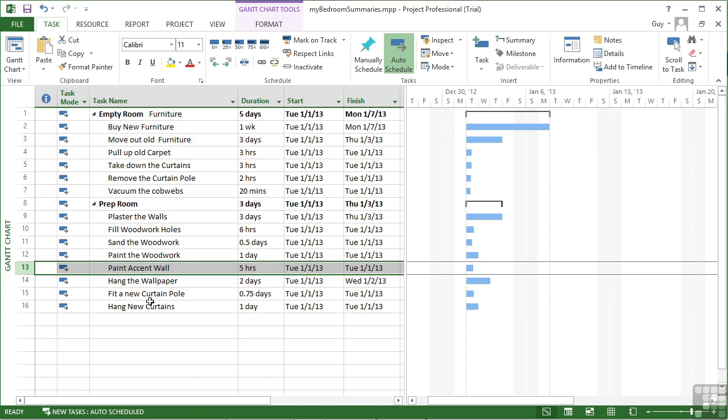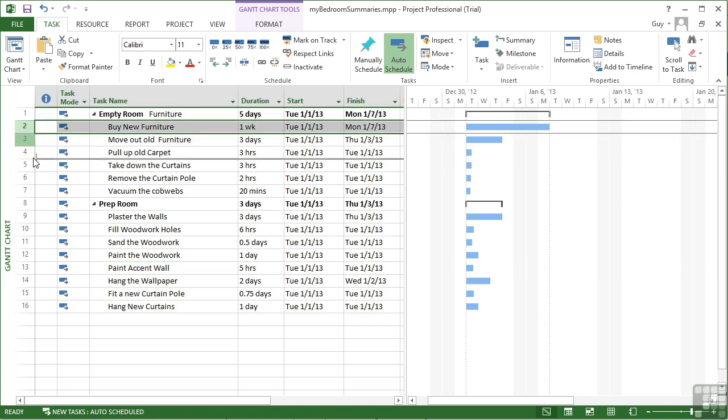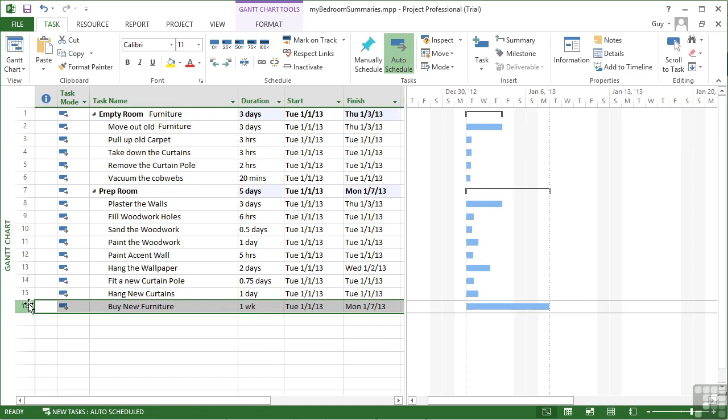You can even move tasks between groups. That's not a requirement that it stays in its own little summary section. You may, for example, not want to buy the furniture until much later in the process, so we could drag that right down here. So during the prep room section,